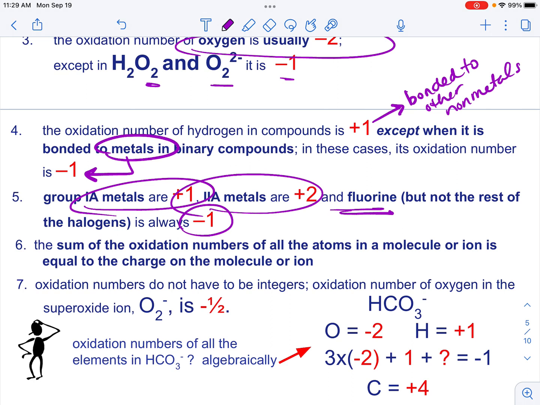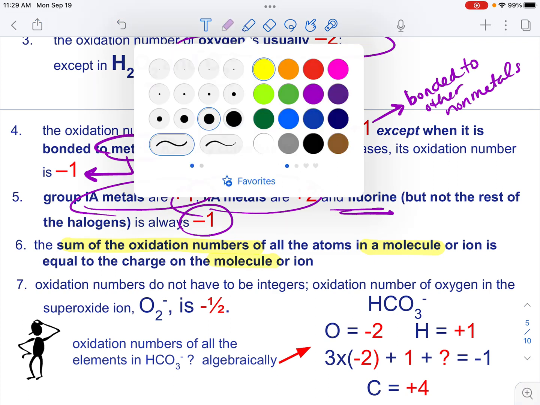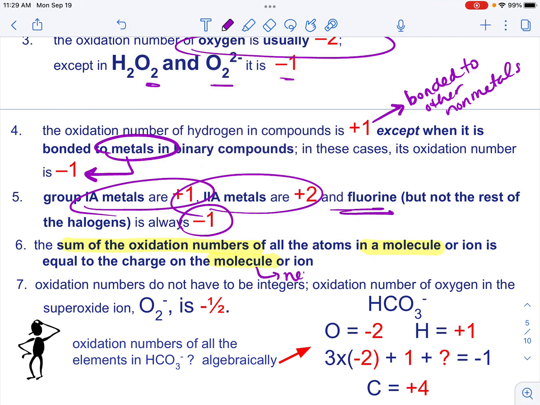To calculate oxidation numbers, you want to pay attention to the fact that if you have a molecule, then the sum of all the oxidation numbers equals the charge on the molecule, and a molecule is neutral, so the sum has to equal 0. And if the oxidation numbers that you're trying to find are in an ionic compound or a polyatomic ion, in a polyatomic ion,